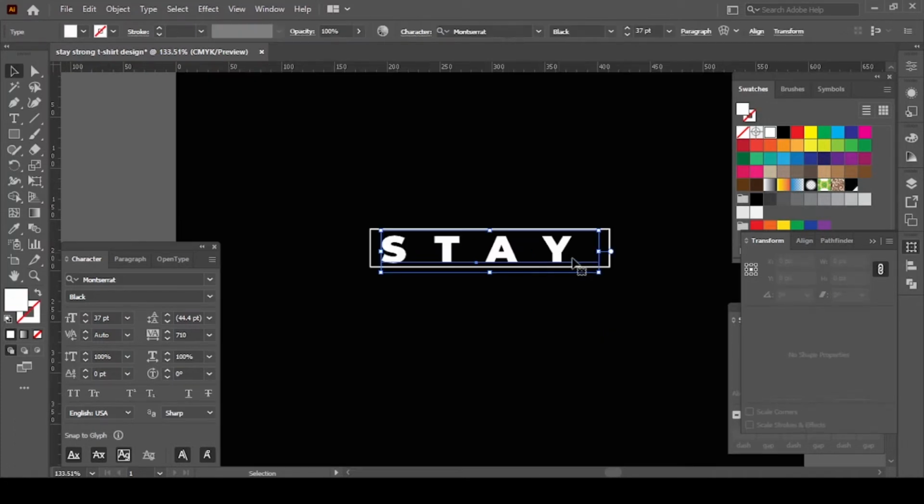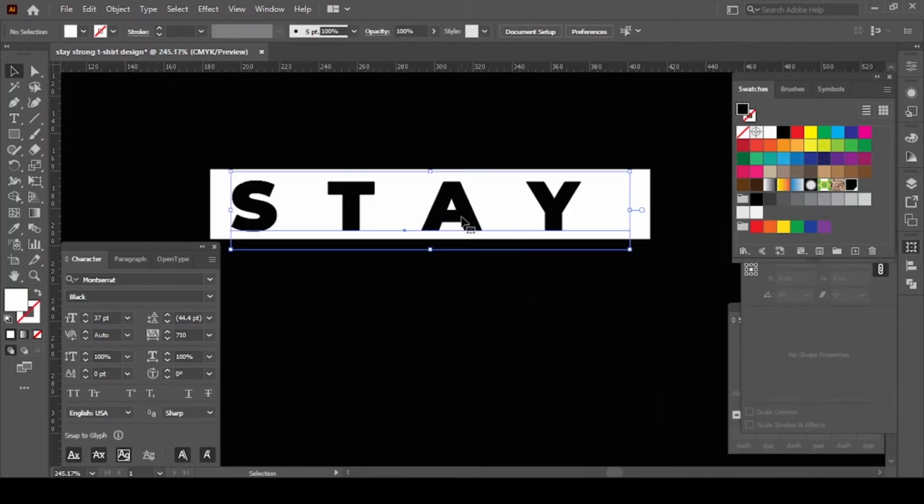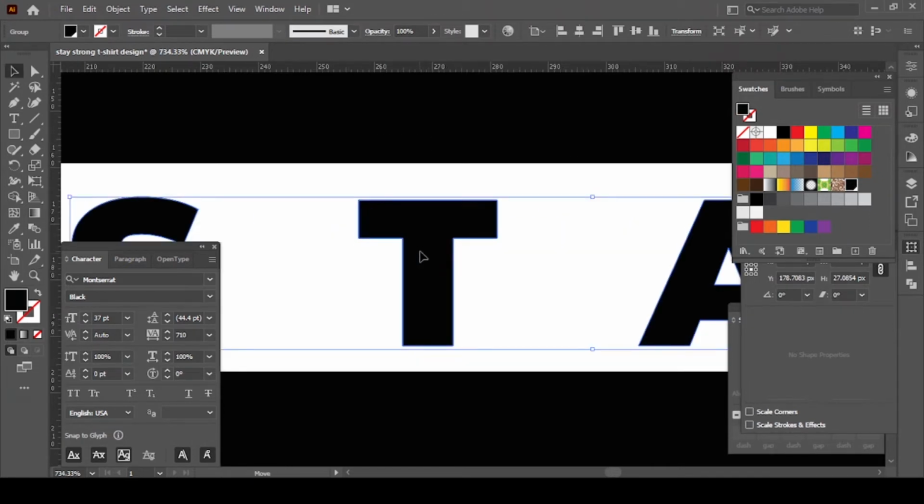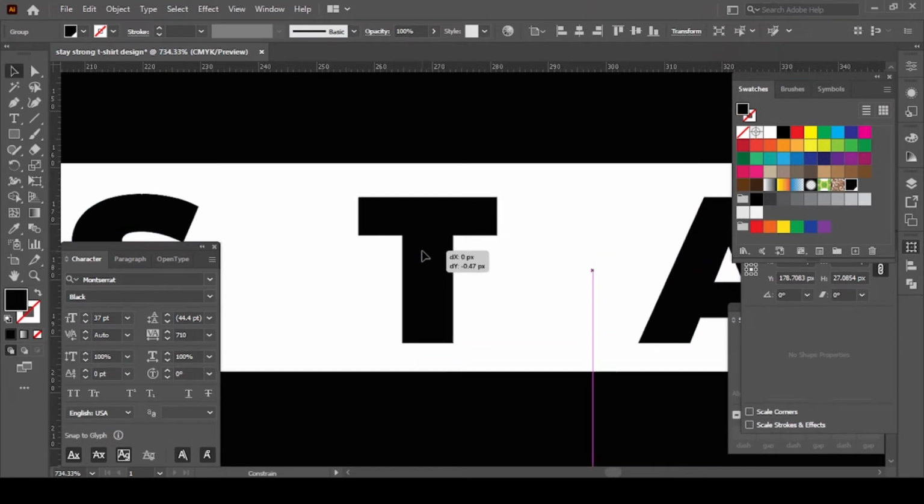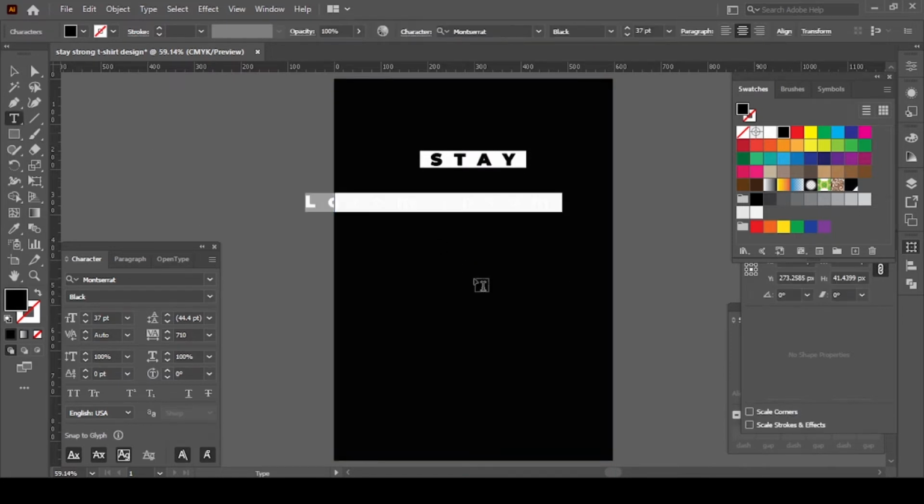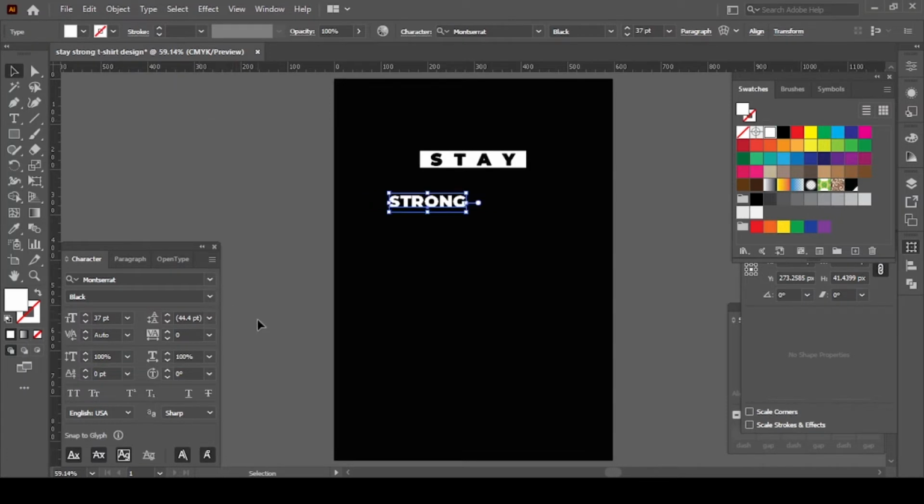Now change the color of the text to black so that it can be read easily on top of the white background. Now I will outline the text to align it with the white box perfectly. Now select the type tool again and write the next word, which is strong. I'm using the same font, but the tracking will be 0 for this one and the font size will be